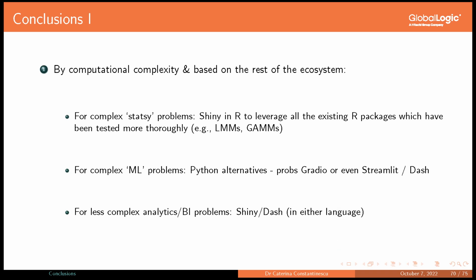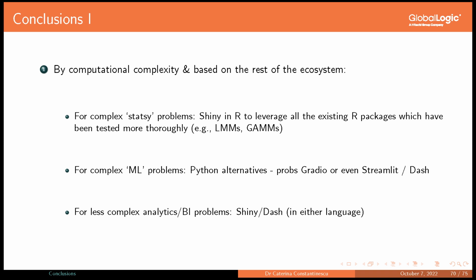So the first one, and hopefully this won't be a super controversial point, but depending on your project and the problem you're trying to solve, it might be an idea to just leverage the heritage, I guess, of the language and the ecosystem that you're working with. So for example, for statsy problems, and without getting massively into the weeds of what counts as ML, what counts as stats, be that as it may, for example,